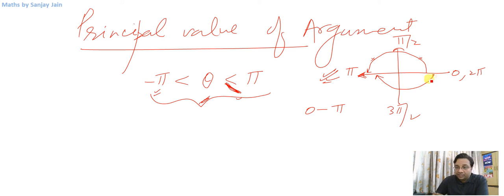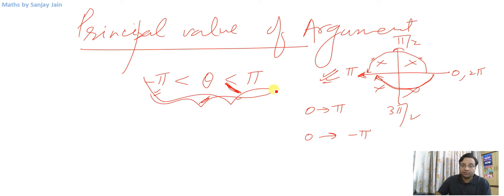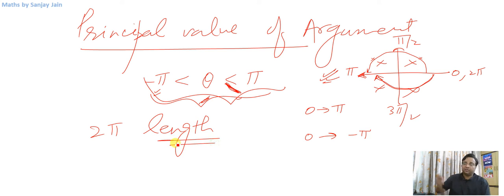So these values I'll go clockwise direction. So 0 to minus pi I will go in clockwise direction, and 0 to pi I will go in anti-clockwise direction. So this will include all these four quadrants. So this interval also, any interval of 2 pi length you can take. It will include all the rays that you can form, all the angles. But when the angle lies between minus pi and pi, where pi is included, then I will call this angle or this argument the principal value of the argument.